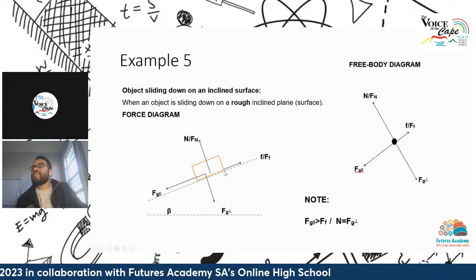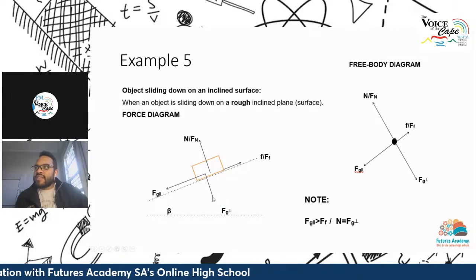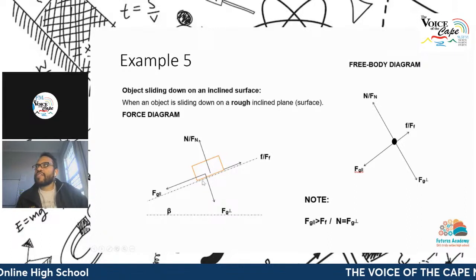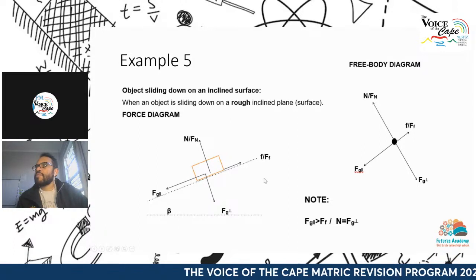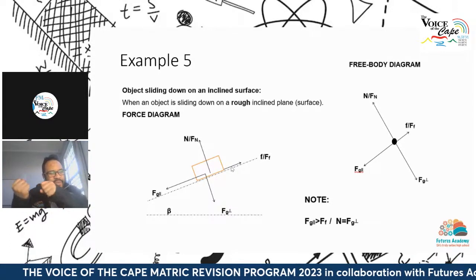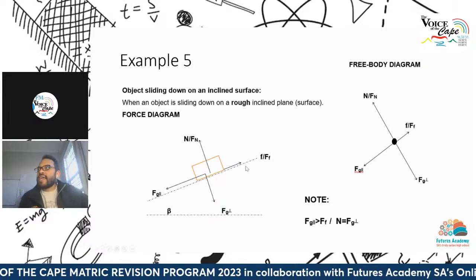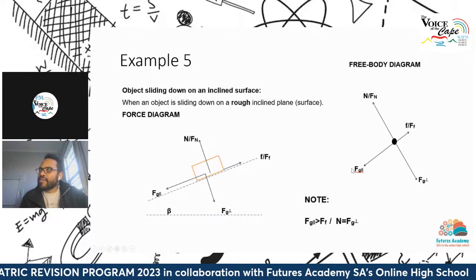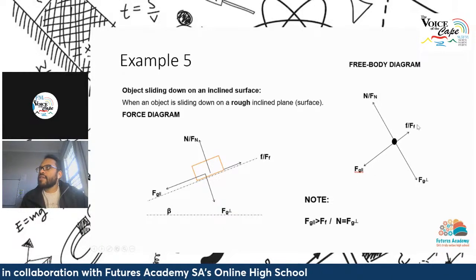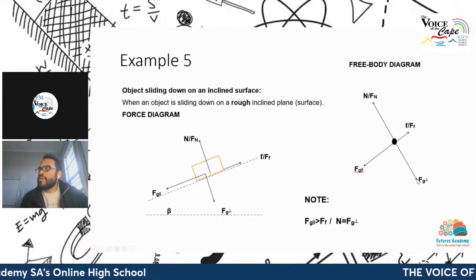Or up the incline. There's our normal force. This is the perpendicular component of gravity. That's the parallel component of gravity, which is down the slope. And there's our friction up the slope. Now, because the object is moving down the slope, it means there's a greater pull down the slope. Hence, the parallel component of gravity is larger in magnitude than the frictional force. Okay? The perpendicular component of gravity and the normal force are equivalent.